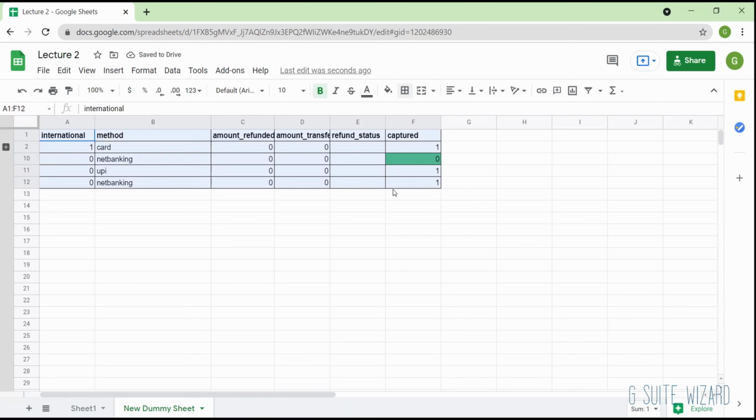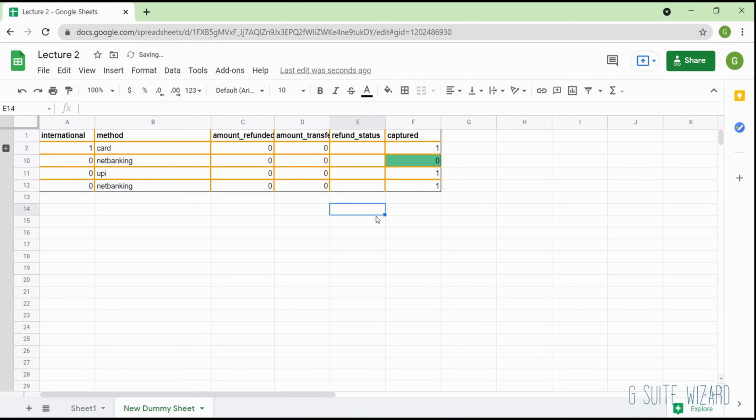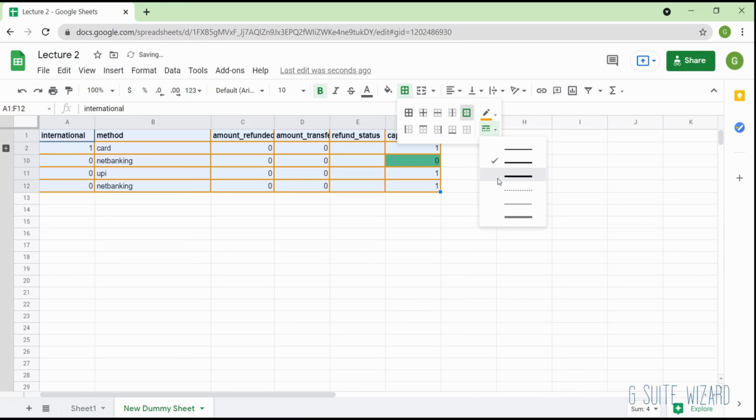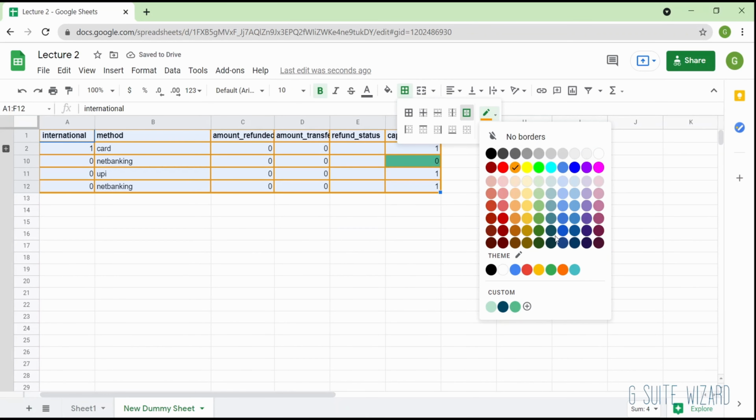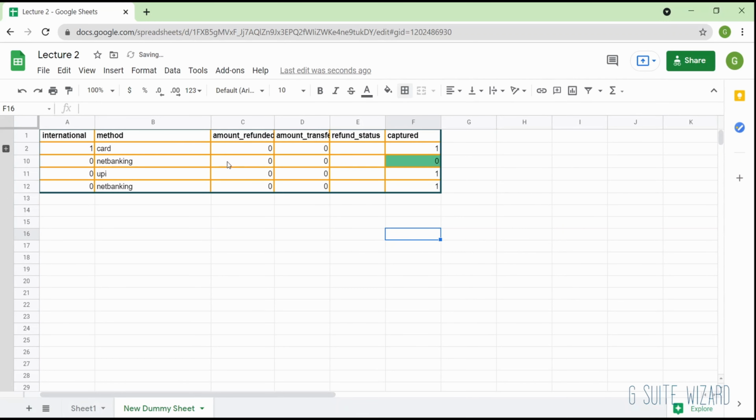Even then the border is highlighted. Border can be changed, with the color and the size and the type, and you can put borders wherever you want. If you see only certain types of cells, like only cells that are dividing, you can put that. Or if you want to put only an outer border, let's say I'll put an outer border with a thick line and a different color. Let's say I'll put cyan. So you can see that this data is visualized in a different format right now.